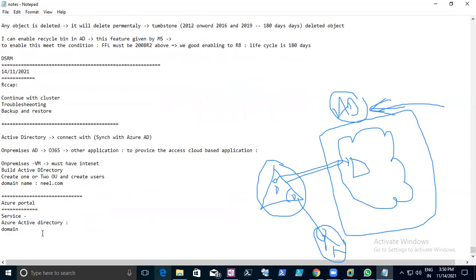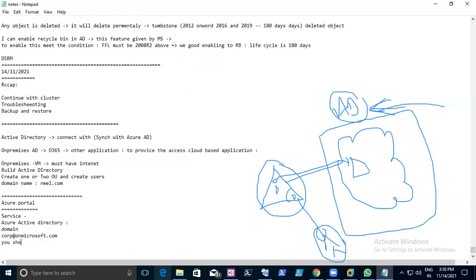Now here you are going to create a domain called something corp.com, anything you like. The domain name in Azure Active Directory should be on microsoft.com, and you should log in.